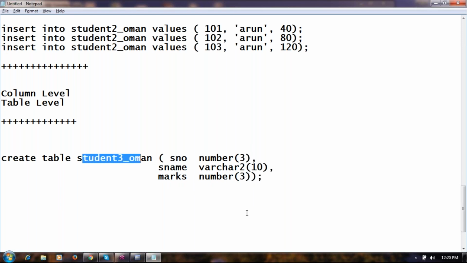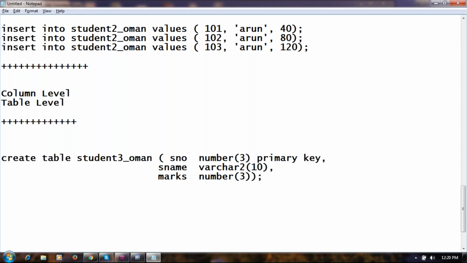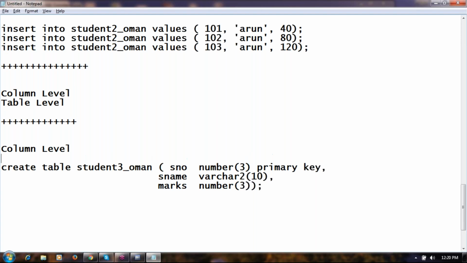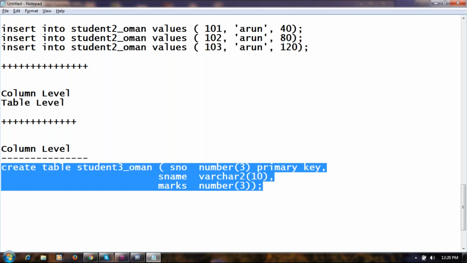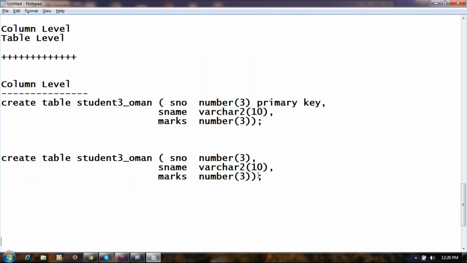Table student3_roman. I want to apply primary key on the first column. How to apply it? Column name, data type, size, primary key. This is what level syntax? Column level or table level? This is column level. Next, after completing all the columns, mention the constraint you want to apply.